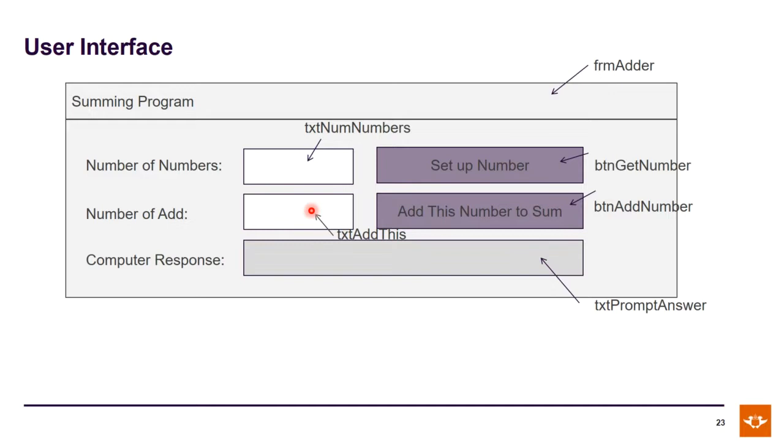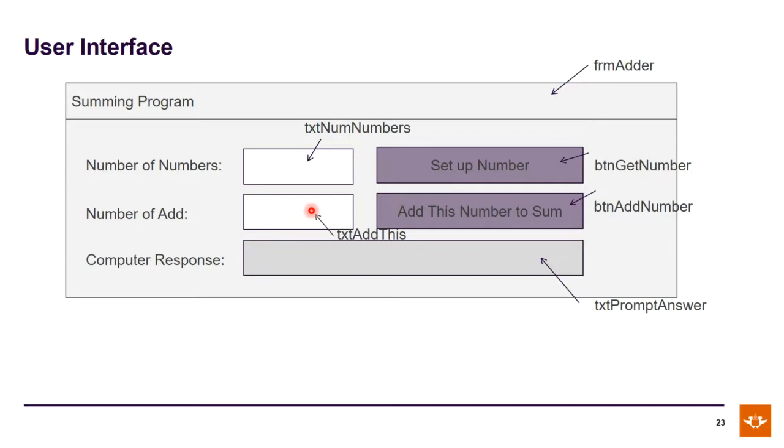The second text box, on the other hand, is where you go, now that VB knows how many numbers you are going to read in, I must keep track of how many times I allow you to give me a number. Because if you don't do that, what's to stop a user from saying, oh, I need to add up 100 numbers, but I lose track of how many numbers I'm supposed to read in, and so I might end up giving you only 99 numbers. Maybe I'll give you 101.